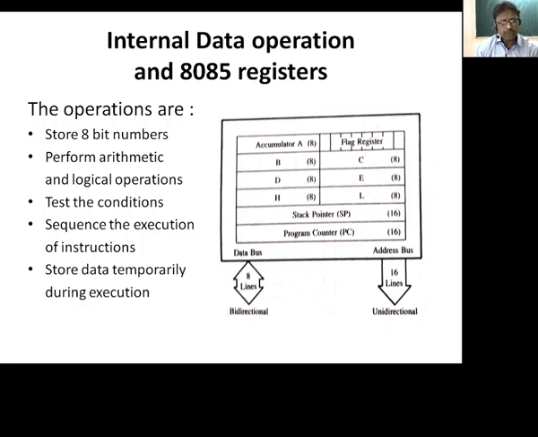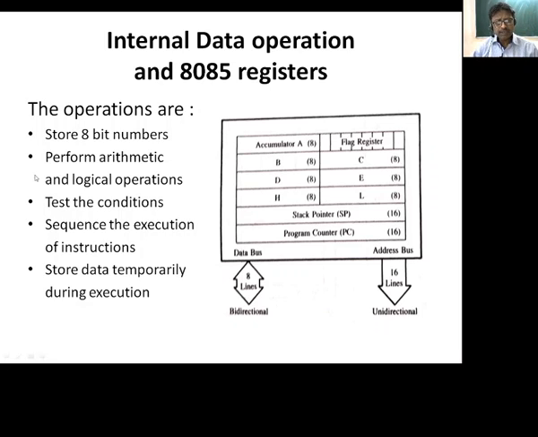Now to do these arithmetic and logic operations, it requires certain registers, the arithmetic and logic unit as well as the control logic, and there must be certain internal buses through which information can flow from one place to another.